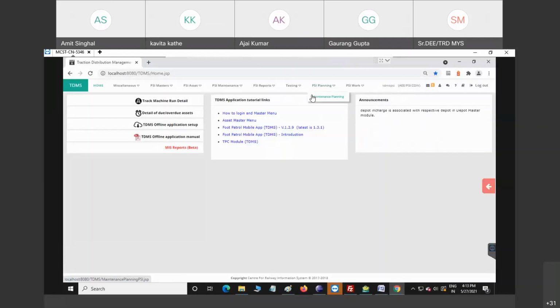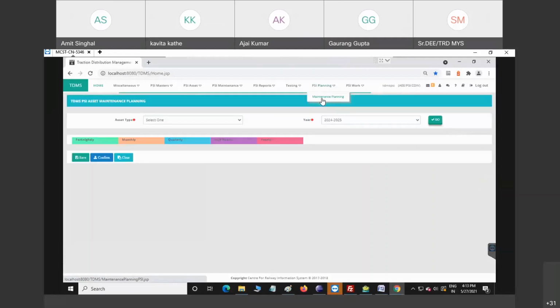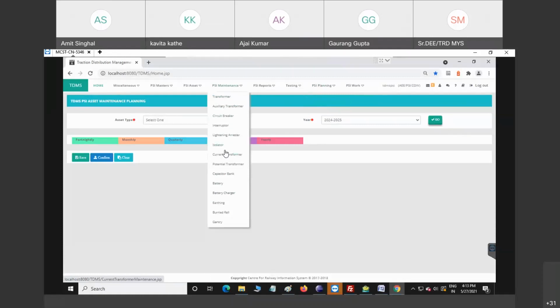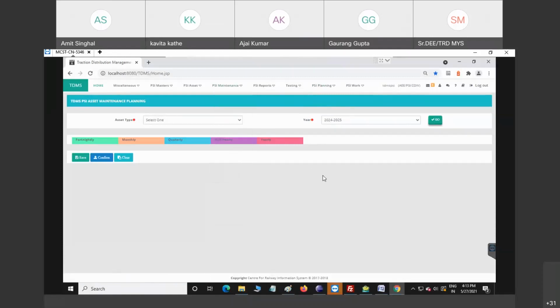Okay. So now we will see how PSI planning works. PSI planning is divided into two parts: automatic planning and manual planning. Automatic planning happens when a user performs the first maintenance of PSI assets with respect to a financial year. Suppose the user has done maintenance of a circuit breaker, CBID1, on 1st April 2021.